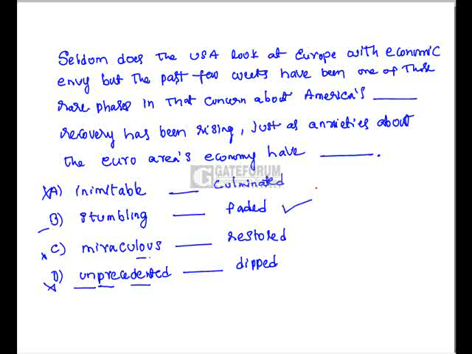What's happening? Concern about America's stumbling recovery. That means what? America has been struggling hard to recover. That is rising. The concern is rising over there. And what about the anxieties about Euro economy? That have been fading. That means something good is happening in the case of Europe and negative is happening in the case of America. That is a rare phase. So this is how you must interpret. It's very easy to understand if you go by that method. Okay. The best answer here is